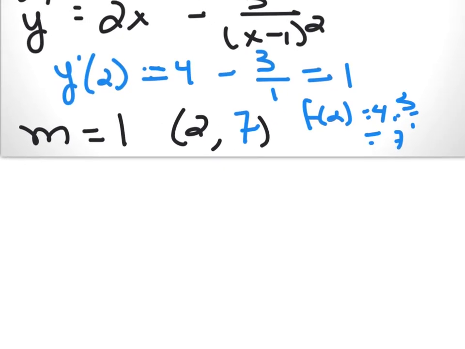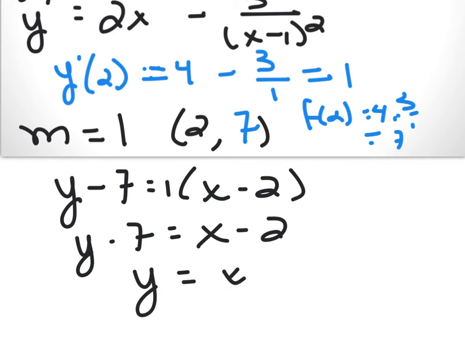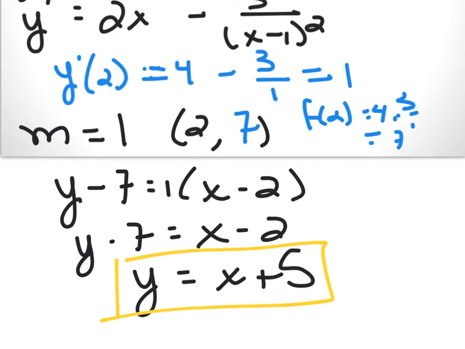Now let's go find our equation. Y minus the y equals slope times x minus the x. So y minus 7 equals x minus 2. Add 7 to both sides. X plus 5. This is the equation of the tangent line at x equals 2, which is what they were